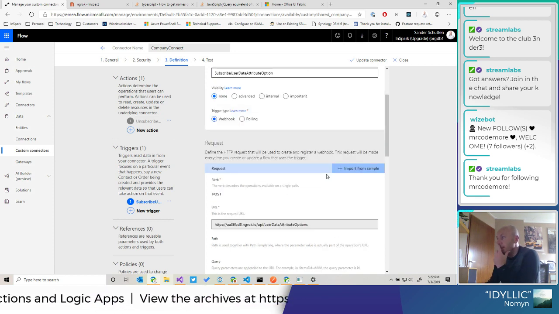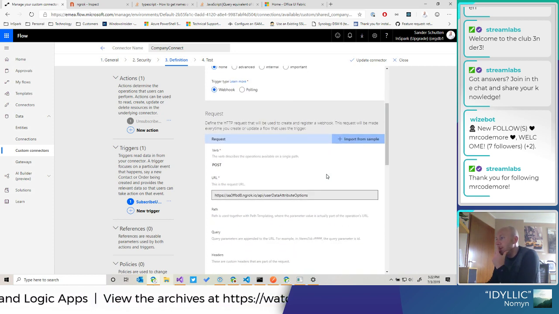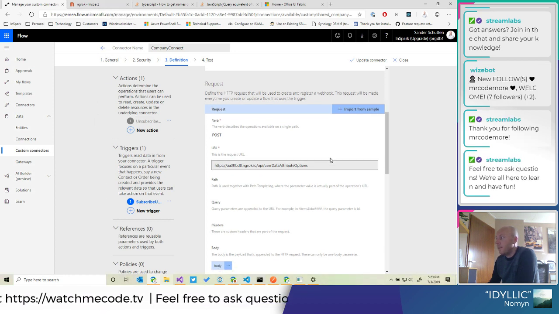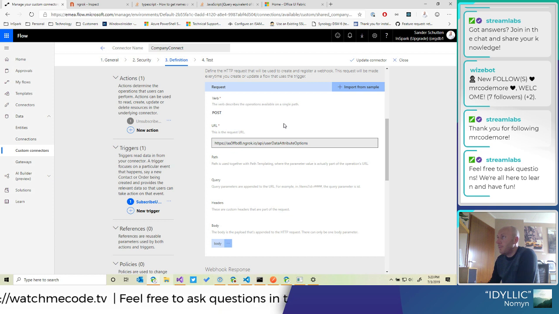Yeah, so I was trying to understand what I just did. For a webhook, I think I understand now what I've done. When you save this flow with this trigger, it will do an API call to my API for registering the webhook, and it will send me a callback URL, which is generated by Flow.